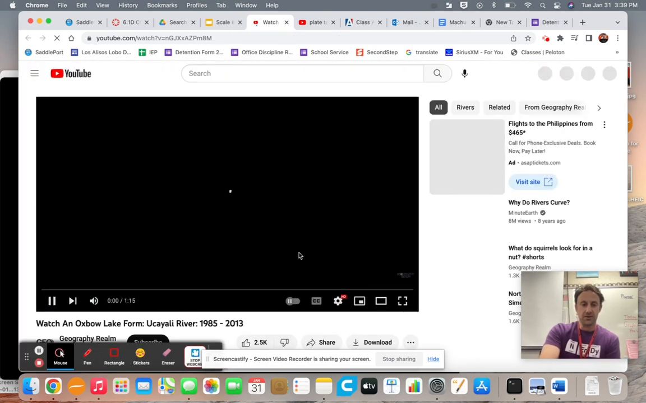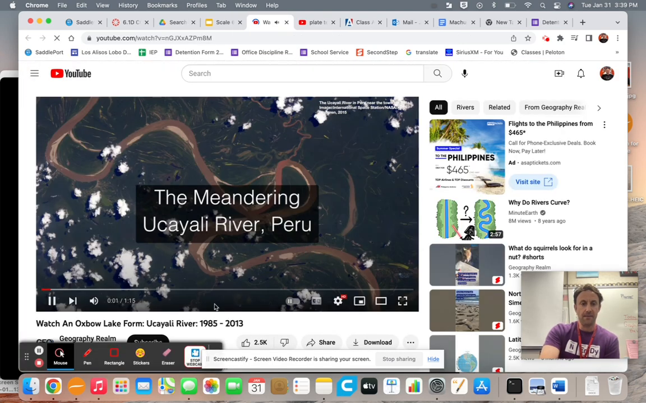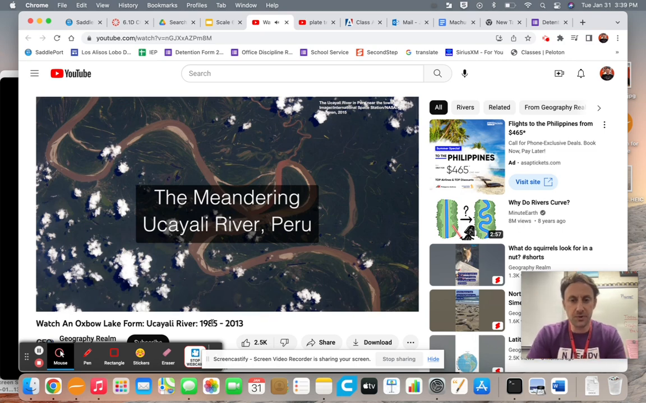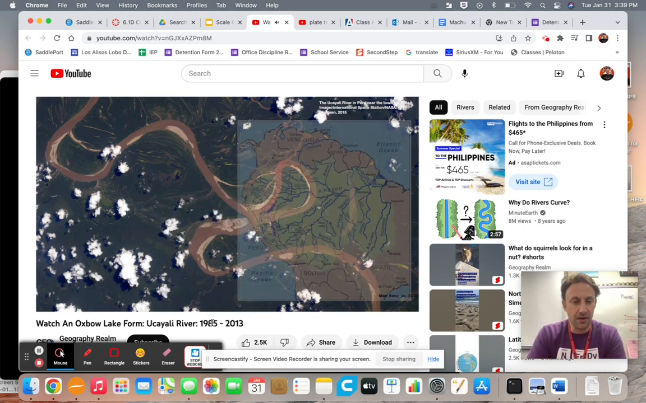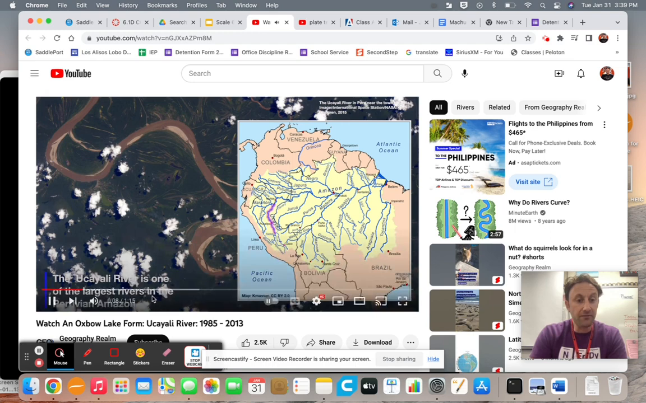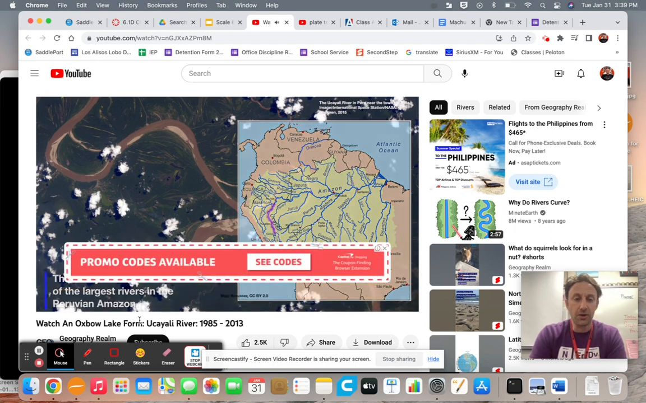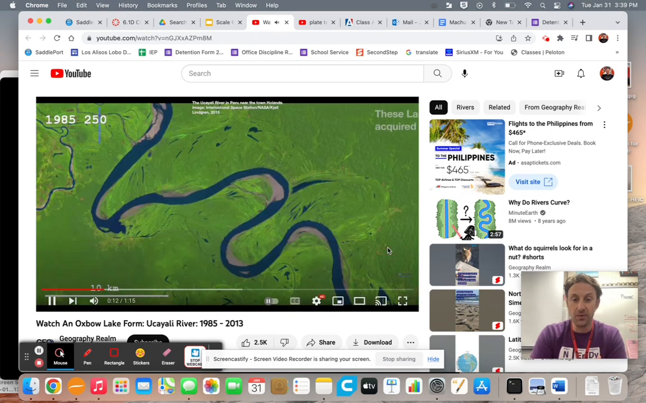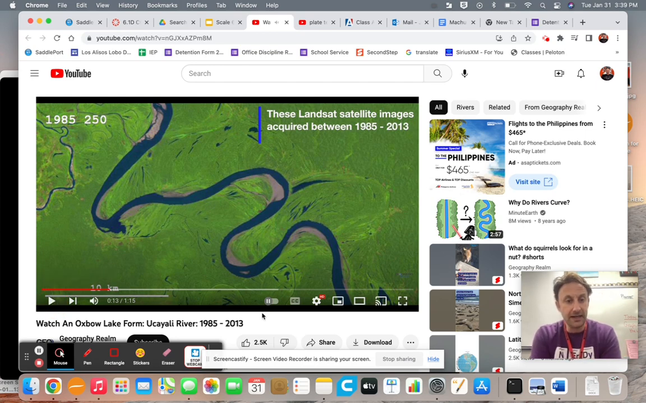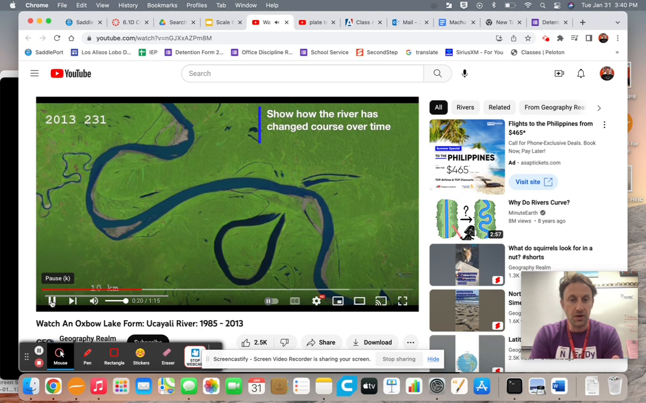Something that can take years to happen. In this case, this is in Peru, in the country in South America. And there's a river that has changed direction. This is what the satellite picture looked like in 1985. And over the images over the next 28 years or so, the course of the river changed over time, which means the water changed direction